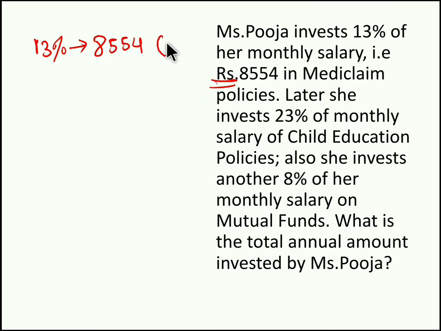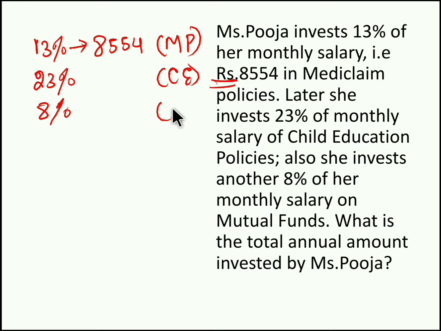So this 8,554 rupees in Mediclaim policies, and 23% of the salary in child education, and 8% of the monthly salary in mutual funds. Now you have to find the total annual amount invested by Pooja. So this is the total investment, right? 13 plus 23 plus 8. So this becomes the total investment, which is nothing but 44%. Now you know 13% is